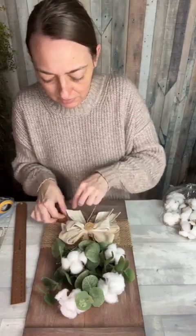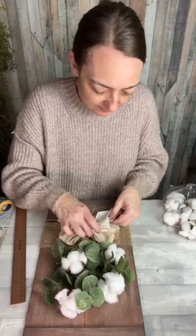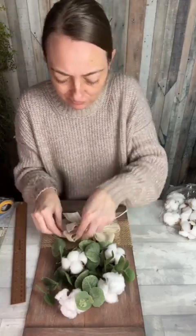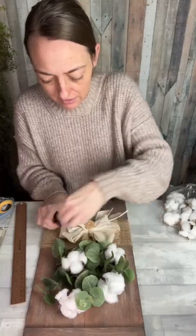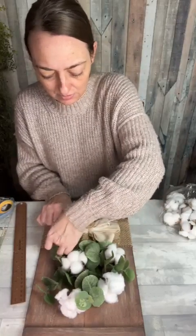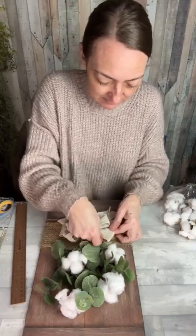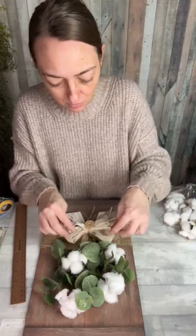Spread my bow out a little bit too. And even after, I just really like how you can kind of adjust those loops if you need it to be a little bit longer, a little bit shorter, not longer. There. How about